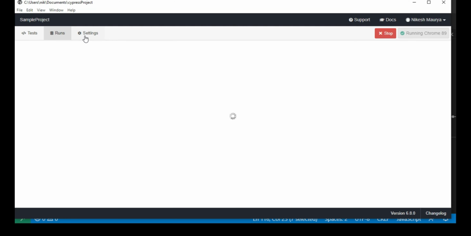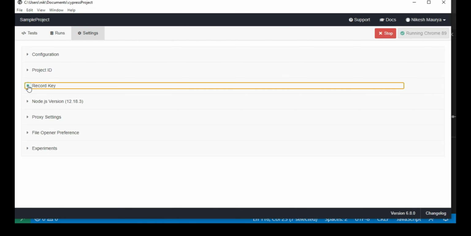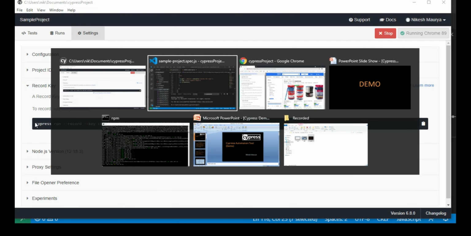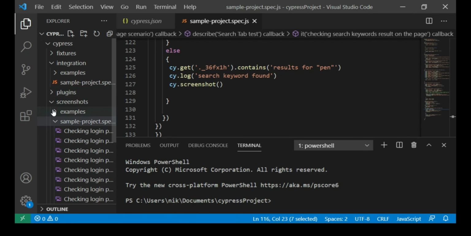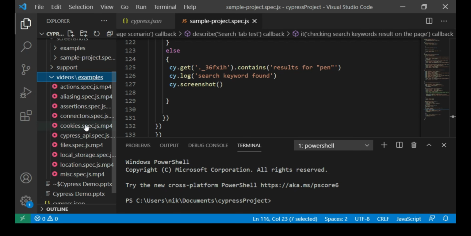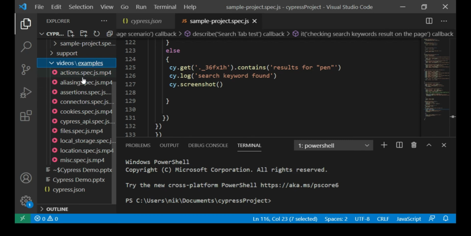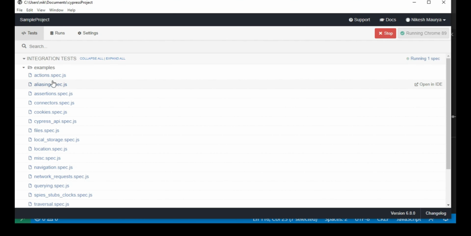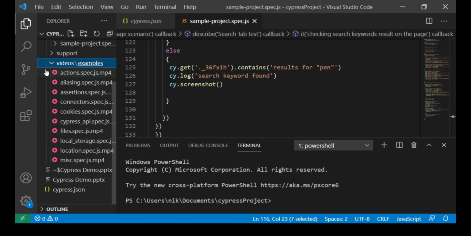And another thing that I told you, how to record this, right? Recording this requires that ID, that command. So if you want to record it, you just have to type this on the command line, and then you will get recorded videos. If you want to see how the video looks, I have run that command earlier. It will create a video folder, and you will get a lot of recorded videos in Cypress. Since it has a lot of example folders, example JavaScript, it has all the videos recorded here once we execute this command.